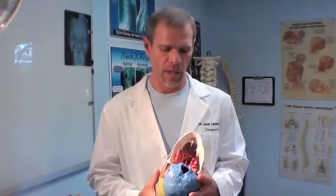So what we find by doing functional cranial release is that we get a much better circulation through the cranial rhythm. And when we're able to circulate oxygen and nutrients and neurotransmitters around the brain and spinal cord, what we find is a lot of patients that have certain neurologic conditions like vertigo and dizziness and balance disorders, Parkinson's, dystonia, different movement disorders, migraine headaches, these patients respond very well because we're able to facilitate this nutrient delivery to the brain and spinal cord. You see, your central nervous system is extremely sensitive to low oxygen levels, and that's what's